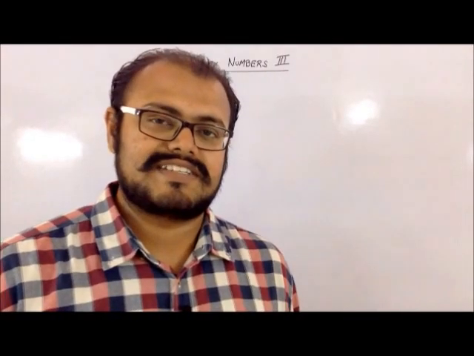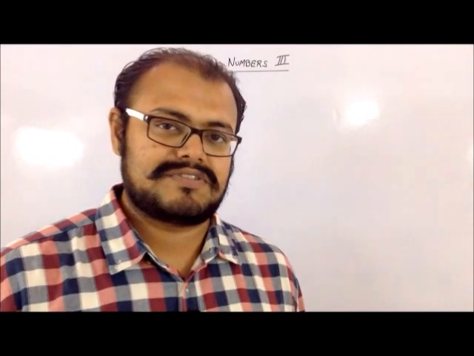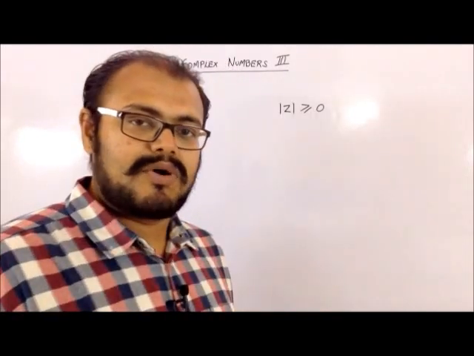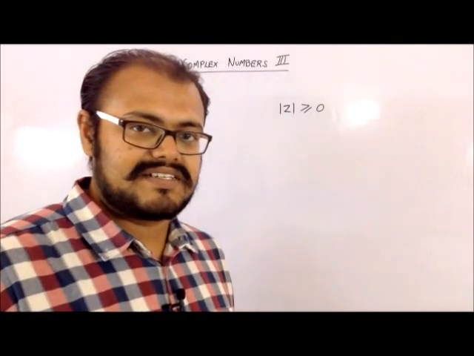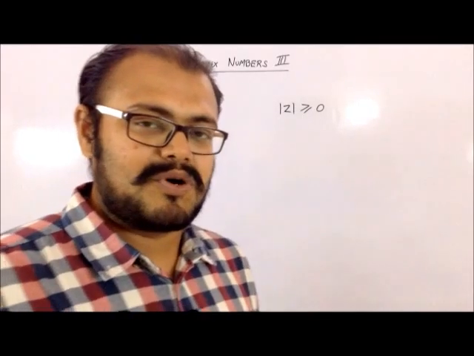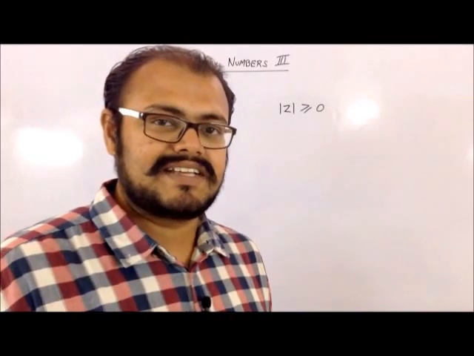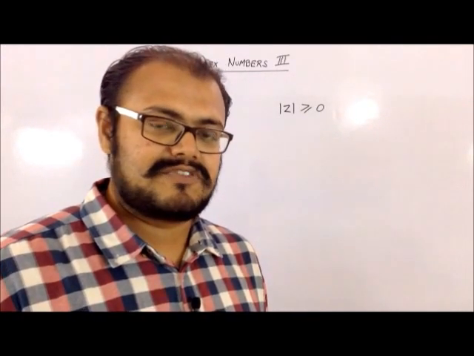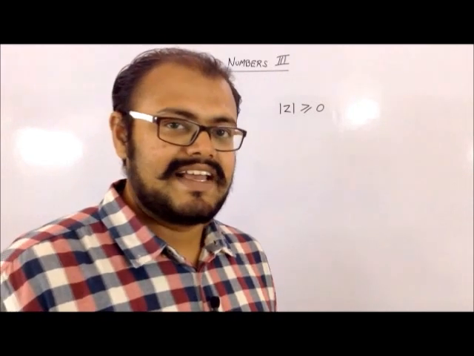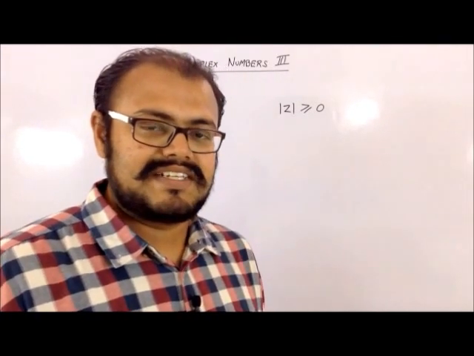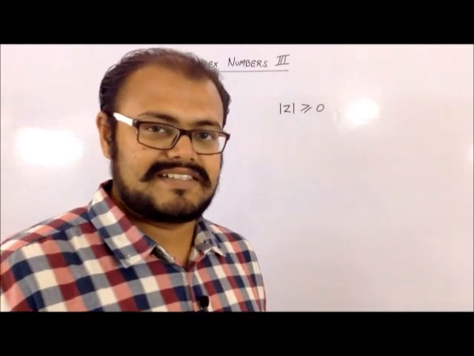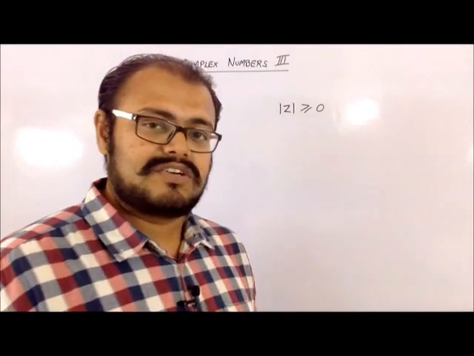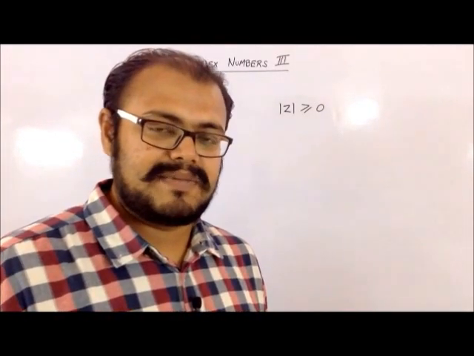Today we are going to start with a very basic thing which you have to know, that is properties of argument and modulus. Mod z greater than 0 is the first property, which is quite obvious because mod z, which in physical sense means the distance of the complex number in the Cartesian coordinate system from the origin. Now distances cannot be a negative number, so it has to be a positive number or a 0. So that is why when we are finding modulus of any complex number, its value will be positive or a 0.